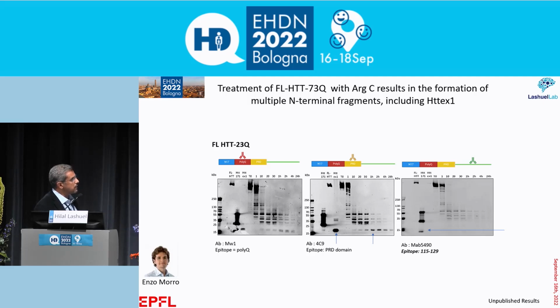And what you see here is the effect upon treatment with the enzyme. We see quickly the generation of very different N-terminal fragments. These are all stained with exon 1 targeted antibodies, and you see the buildup of the exon 1 protein over time. It starts to build up around 24 hours. And when you use antibodies against exon 1, we cannot detect these, but we still detect these fragments, suggesting that they're probably less than 170, a sequence below 171.